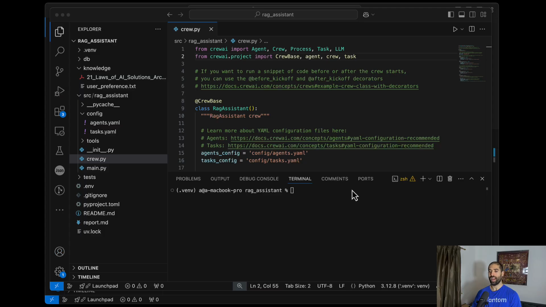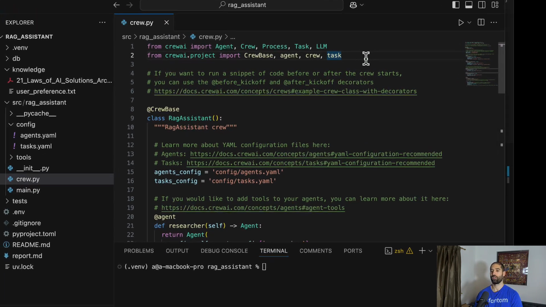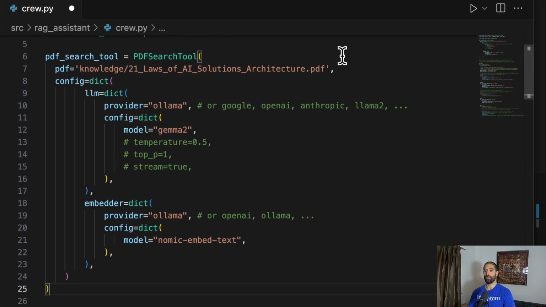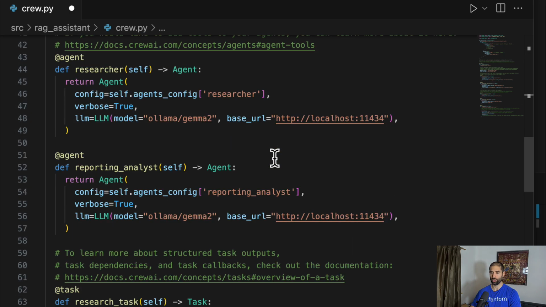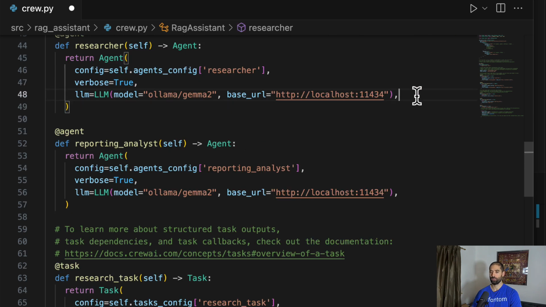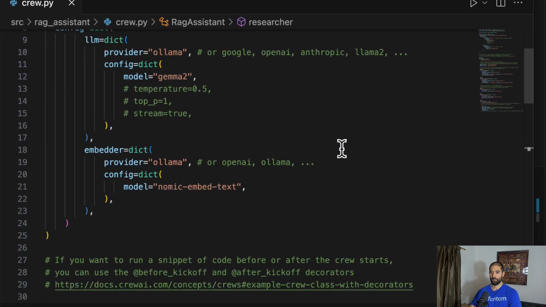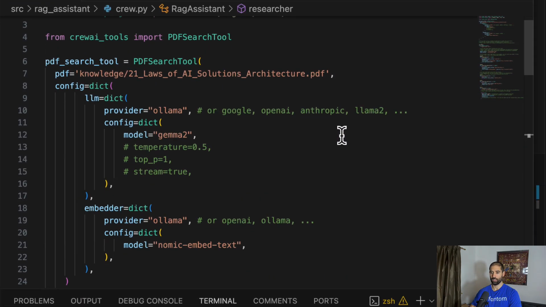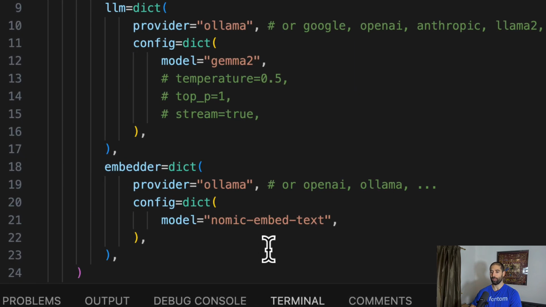CrewAI actually has a built-in RAG tool specialized for performing RAG against PDFs. So let's import it and give this tool to our researcher agent, like so. And if we look closely at the configuration of this PDF search tool for performing RAG against a particular PDF, you can see we're pointing it to the ebook and specifying that we're going to use nomic embed text as